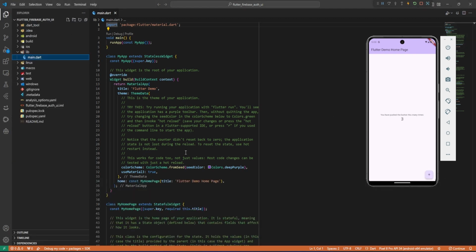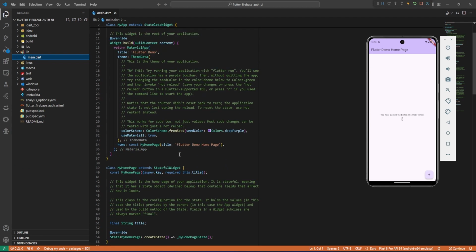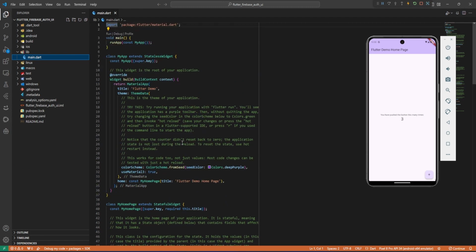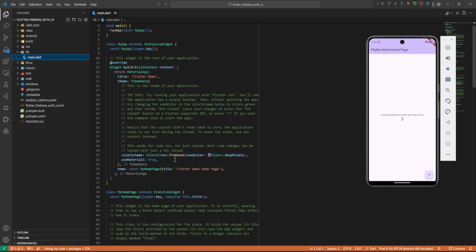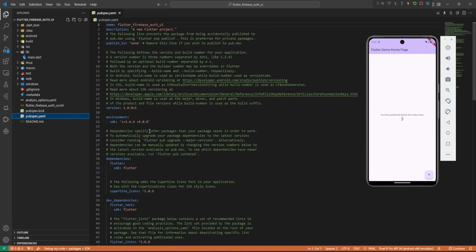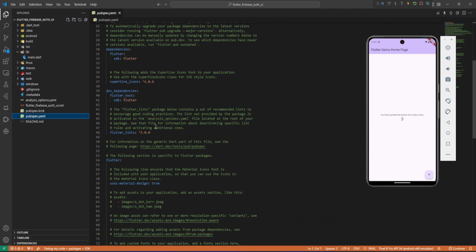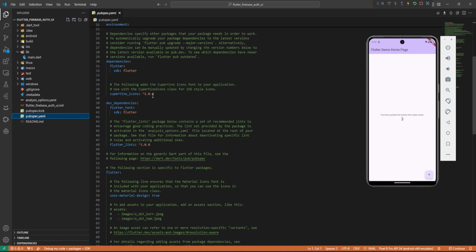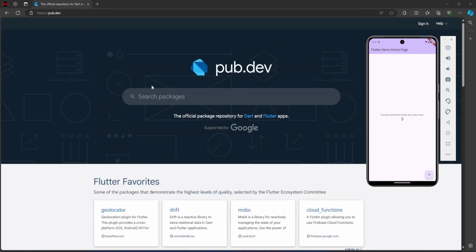All right. So now here, the first thing that we are going to do is let's install the packages before we clean up all of these. Okay, we better get started right away. All right, so let's go in our pubspec YAML file, and then here we're gonna need to install some packages that we need. Okay, so let's minimize that, and then here on my browser, head over to